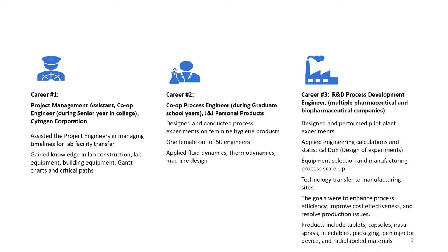So let me just quickly talk about my career path, and I will shorten it to just 3 buckets. I will start off, to be honest, with my co-op engineering position, because it might sound trivial, but it does impact how you can leverage your work experience even before going into a true full-blown professional career. So I started out as a co-op engineer, as a project management assistant, and I was a senior